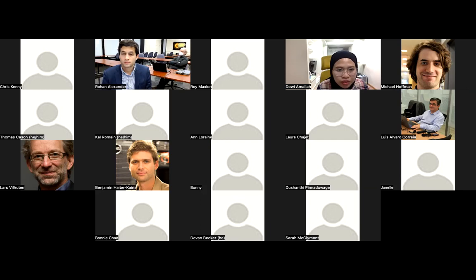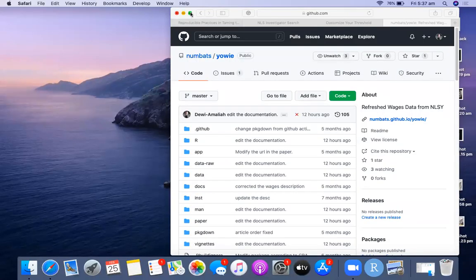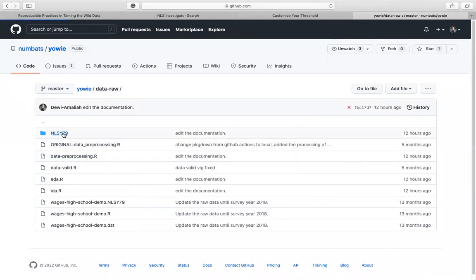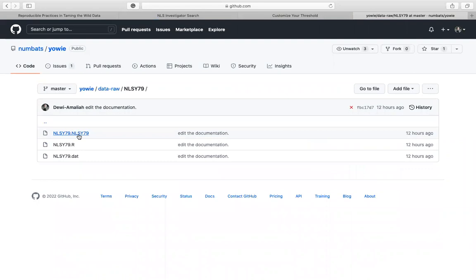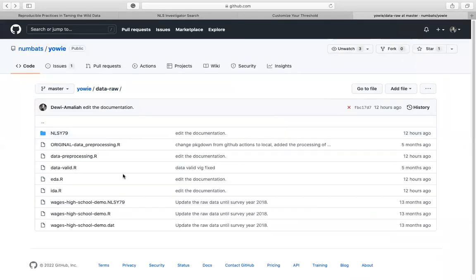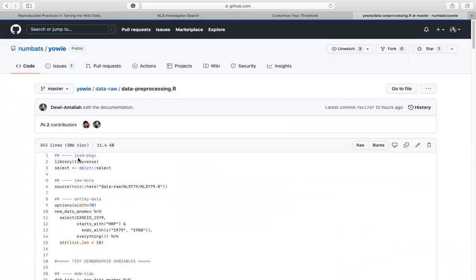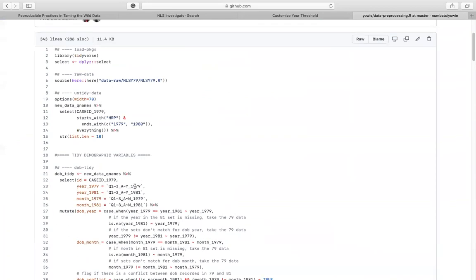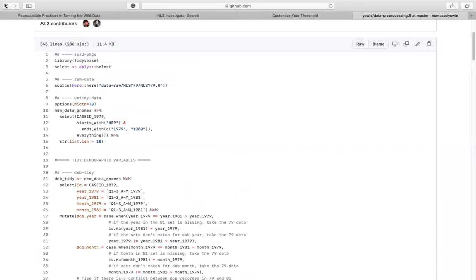So we actually have, I will share my screen. We have the data documentation here. This is the text set that I mentioned before. If someone wants to reproduce the data with the recent survey published, then we can just upload this text set on this website. And then we also have the data preprocessing here with all of the code, with all of the original variable names.